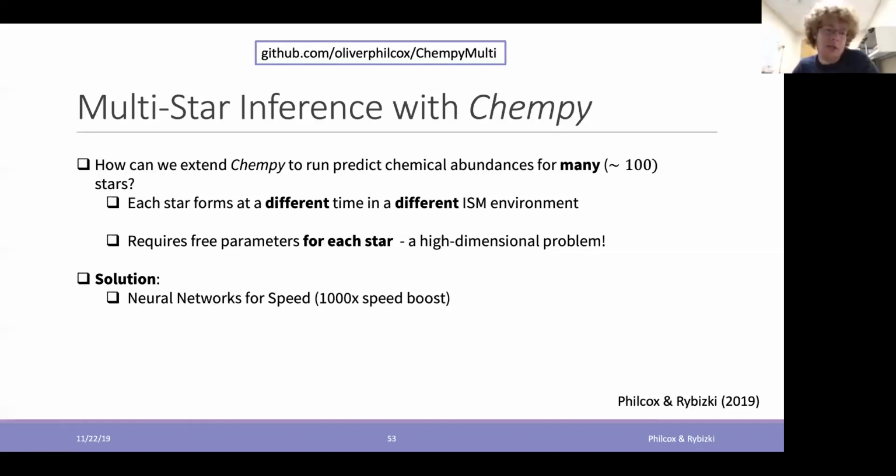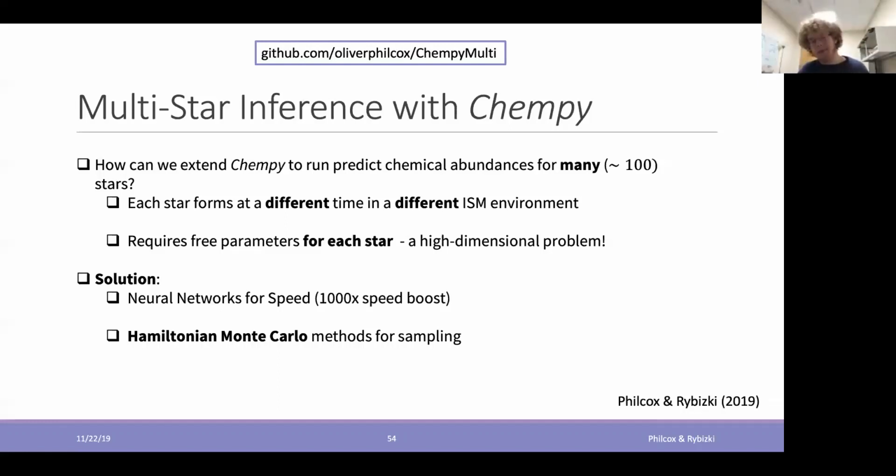The second thing we do is investigate some slightly more interesting sampling methods. For those of you familiar with Markov chain Monte Carlo, effectively this is a way of sampling posteriors by randomly jumping between points in space. This is quite inefficient, and if you've got more than, say, 10 dimensions, it's very, very slow to converge, and there's no guarantee it will converge, ever, even if you had infinite sampling time.